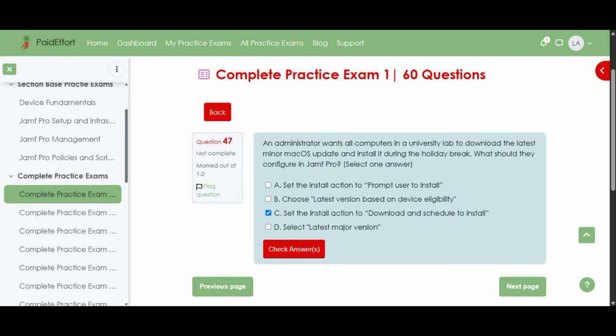Option A, which prompts the user to install, doesn't meet the requirement because it puts the decision in the user's hands rather than automating the process. Option B ensures that devices get a compatible version, but it doesn't offer control over scheduling, which is crucial in this scenario. And option D might accidentally upgrade to a major version, which could be disruptive, especially if only a minor update was intended. So, the best practice for managing lab devices during scheduled downtime is clearly to download and